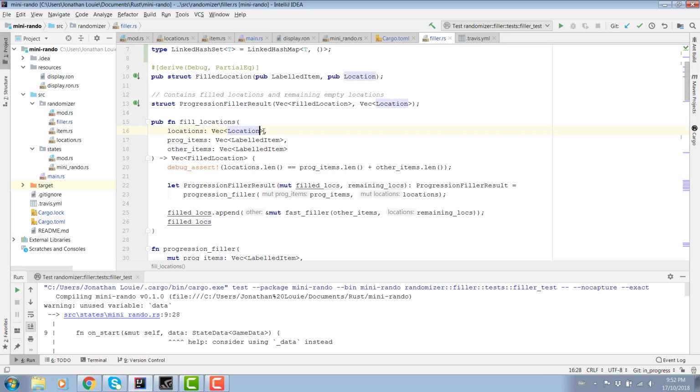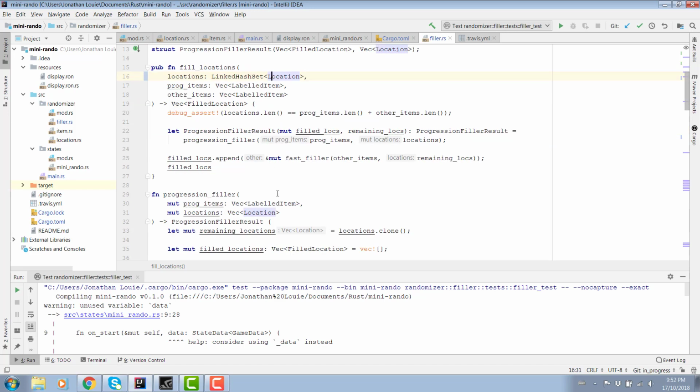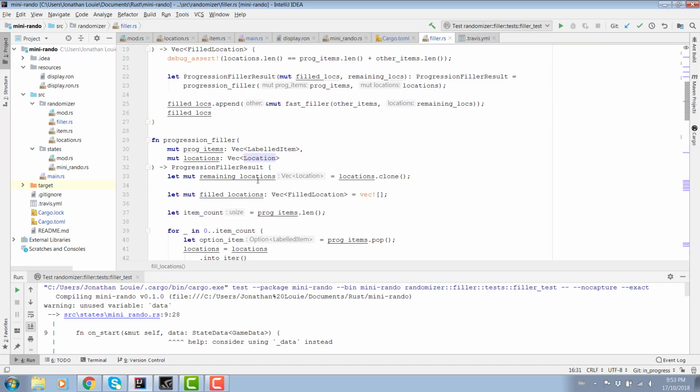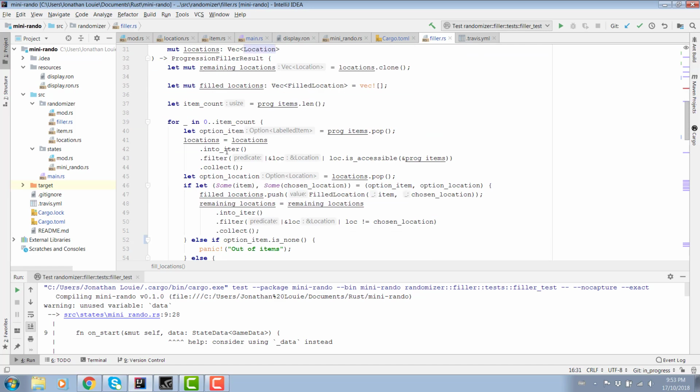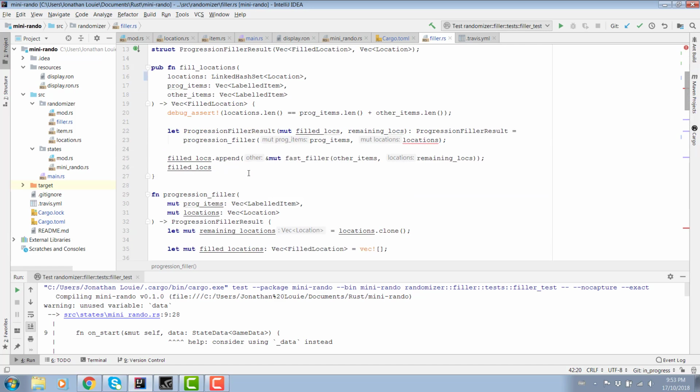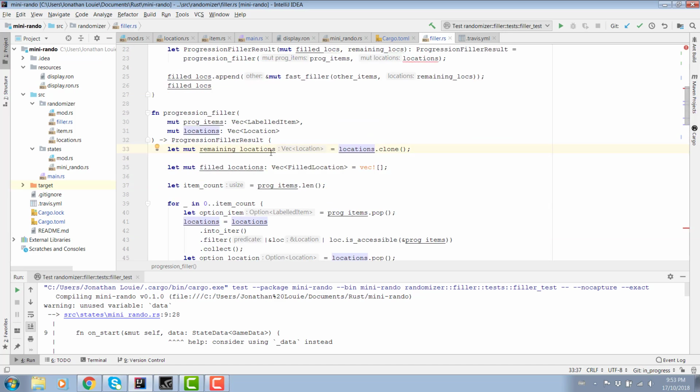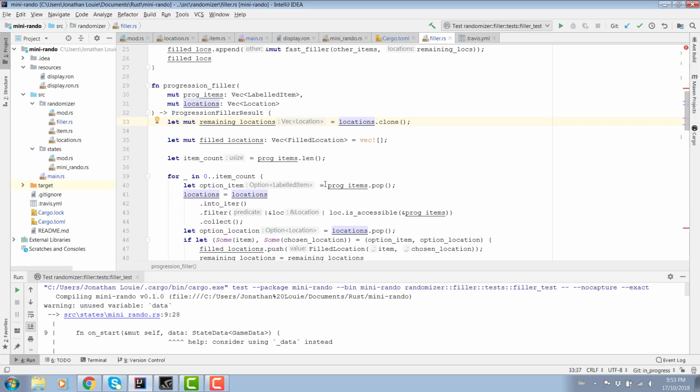So, if I use a linked hash set here, I know I'm kind of cheating a bit, but still. Oh, what was it? Location? Yeah. Now, I should still be able to do this into iter. Where am I using locations, first of all, actually? Oh, I clone it. I clone it for the remaining locations. Right.